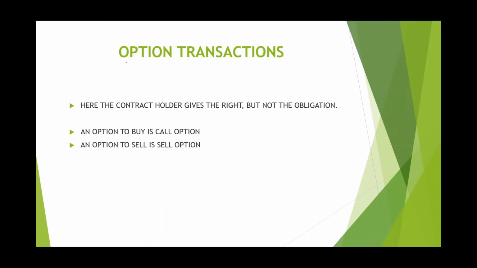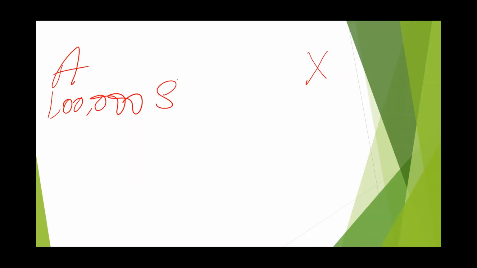Next, we'll go to the option transaction and the settlement dates. Here in the option transaction, the contract holder gets the right but not the obligation. Let's understand the meaning of it with an example, the same example which we have taken previously. A person A enters a contract with X to purchase 1 lakh dollars at the rate of 76 rupees